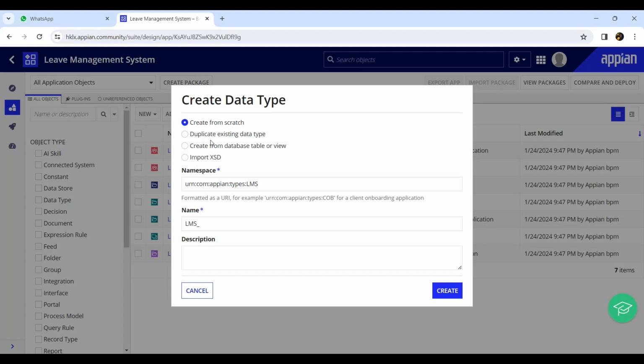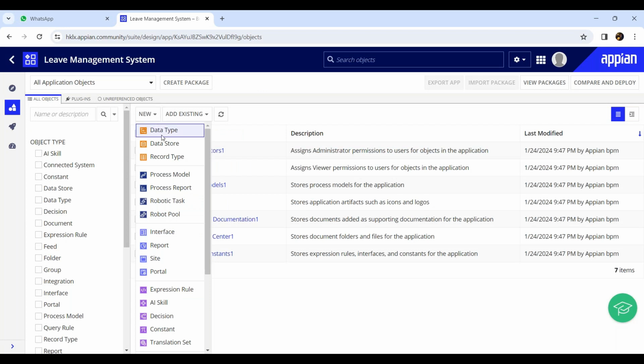We'll come to this part in detail. Let me first walk you through the other object types. Now second is the data store. So a data store is an object which helps you to